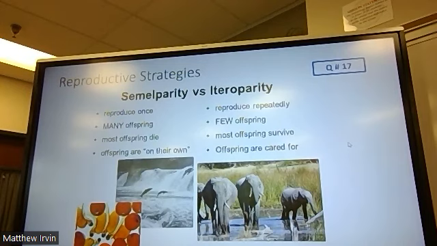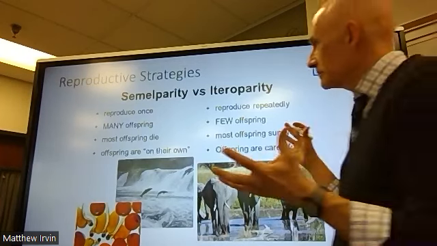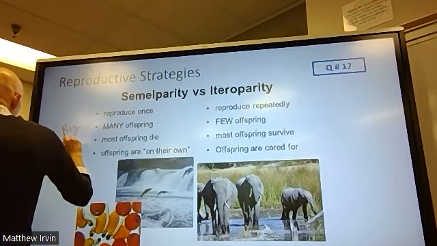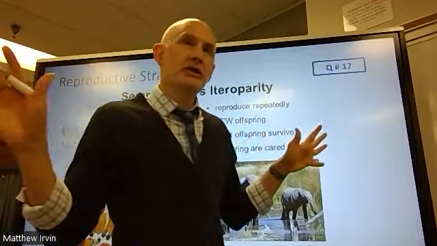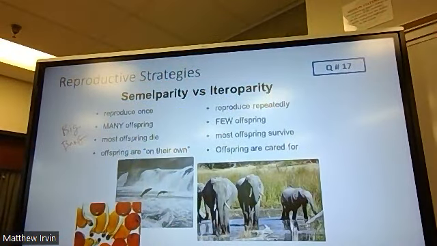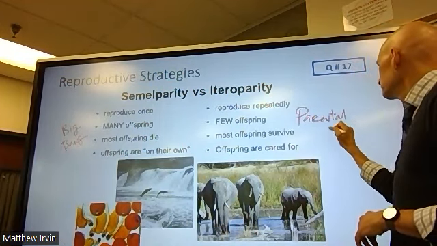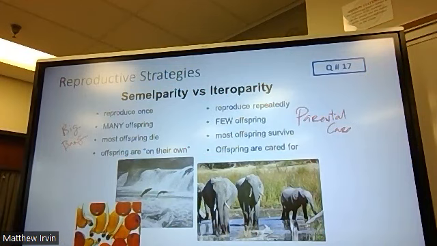Basic reproductive strategies, going to our semelparity and our iteroparity. Semelparity is sometimes known as Big Bang reproduction, or one giant go at reproduction: make lots and lots of babies, don't take care of them, hope for the best, and some of them make it to adulthood. The other strategy is focusing on parental care: fewer babies, larger babies, take care of those babies, make sure they make it to adulthood.